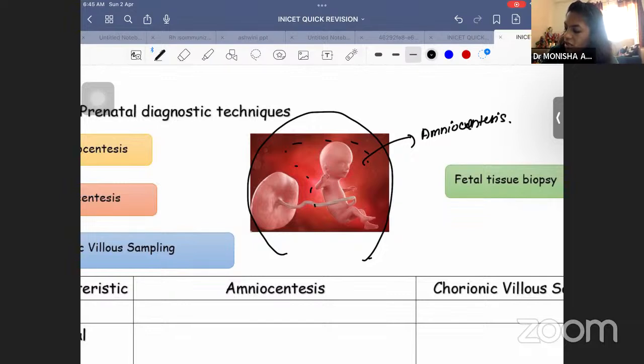If you're taking a tissue, placental bits, that is called chorionic villus sampling. As the name says, you're taking the chorionic villus, so it's called chorionic villus sampling. When you take blood from the cord, it's called cordocentesis. It's also called